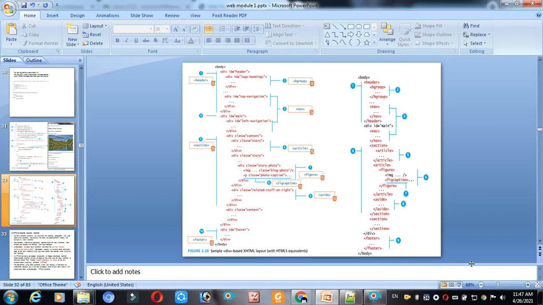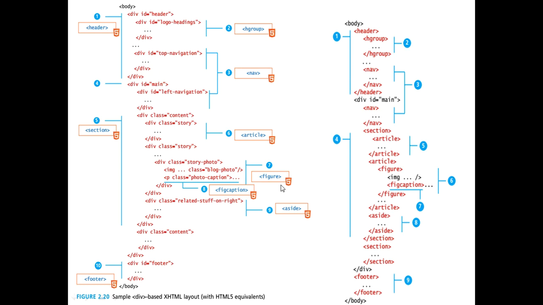Okay, you can go through these two examples. It's very important and very interesting. Here we have so many elements associated with it, and we will go one by one. On the left hand side, you can see a body portion which ends here. In this body portion, many division tags are used, right?